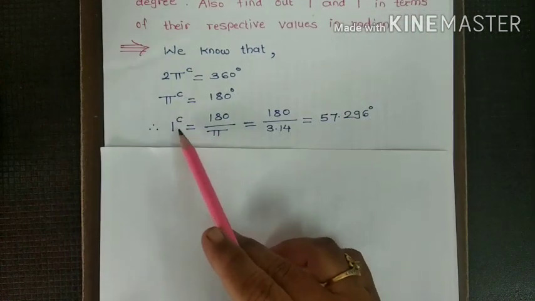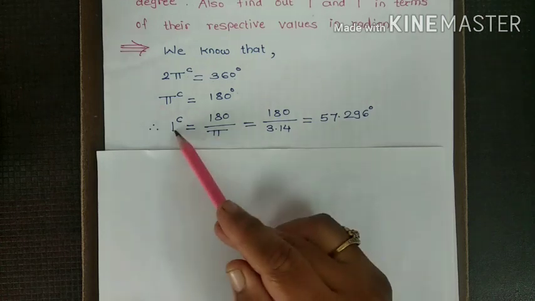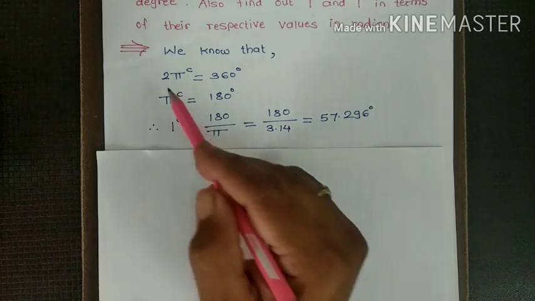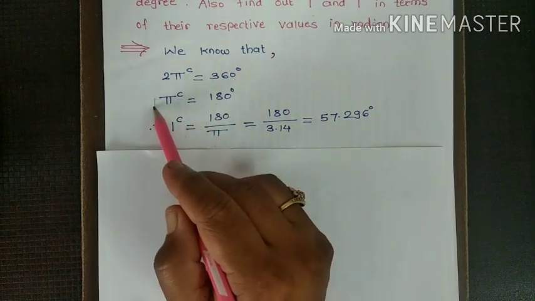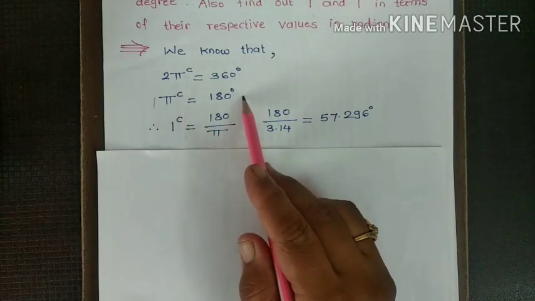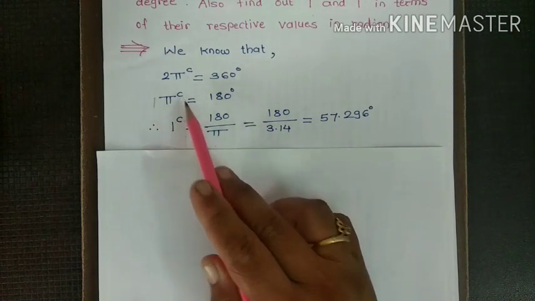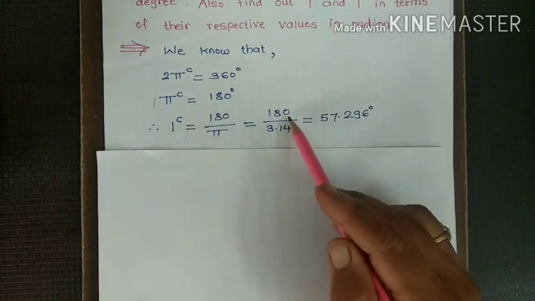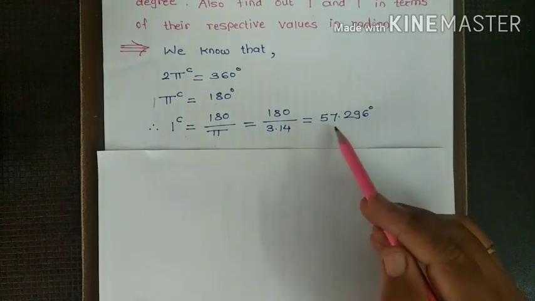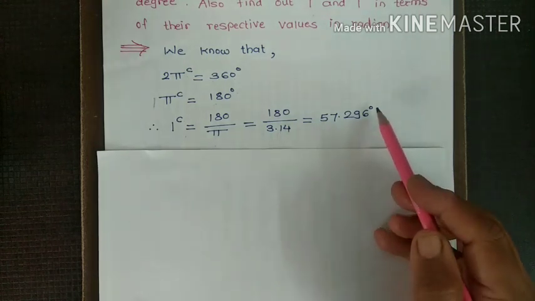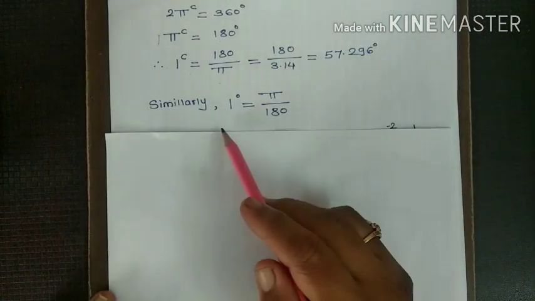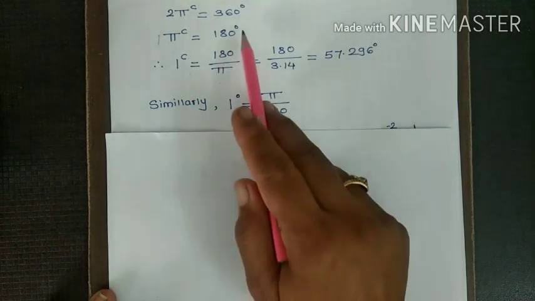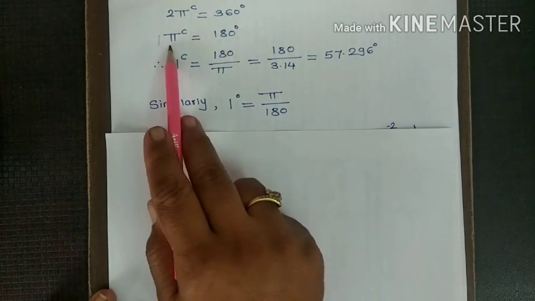And therefore, we have seen that 1 radian is equal to 180 upon pi. Suppose here we have considered that pi radian is equal to 180 degree. Therefore, 1 radian is equal to 180 upon pi. That pi goes to this side, and we get 180 upon 3.14, that is 57.296 degree. And similarly, from again this equation, we have that 1 degree is equal to pi radian upon